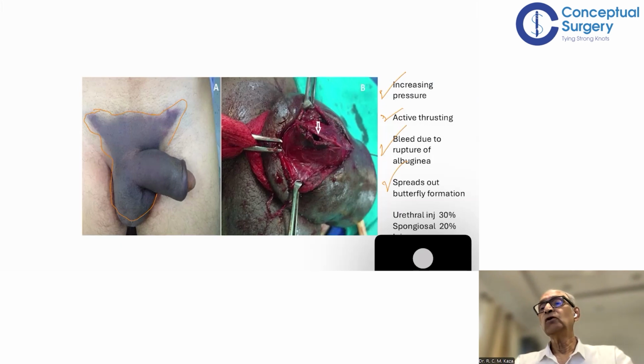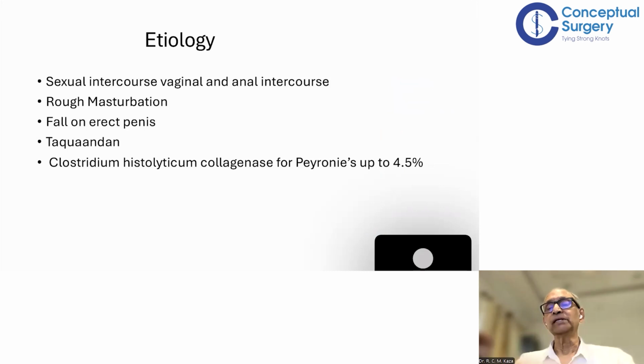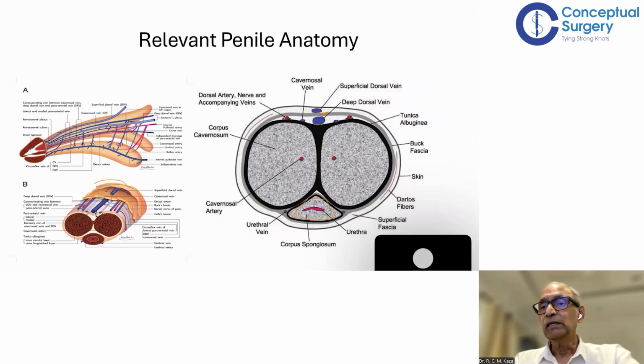Now, urethral injury, how often does it occur? It occurs in 30% of cases, and the spongiosal injury occurs in 20% of cases. That means whenever you get a pathology like this, you should be aware that there's a possibility of urethral injury. And usually urethral injury occurs when both the corpora are affected, because there's a proximity. Now, maybe I'll go back a bit and explain that. Say, supposing in this area, if you have a breach in the corpora here and corpora here bilaterally, then the urethra tends to get involved. Unilaterally, the chances are not that high.